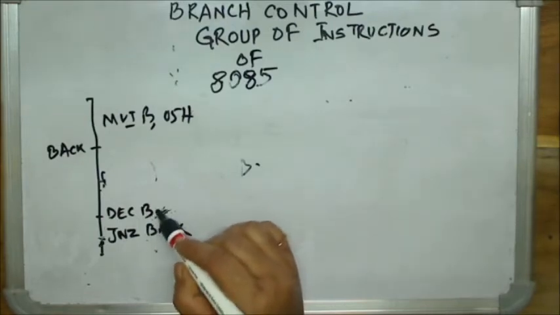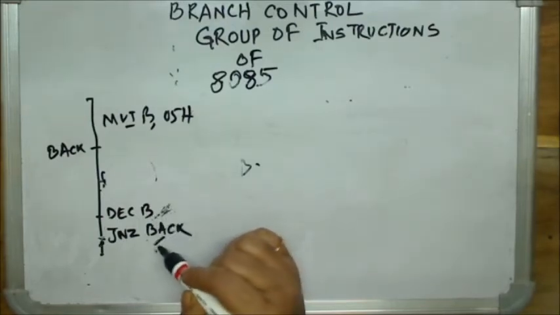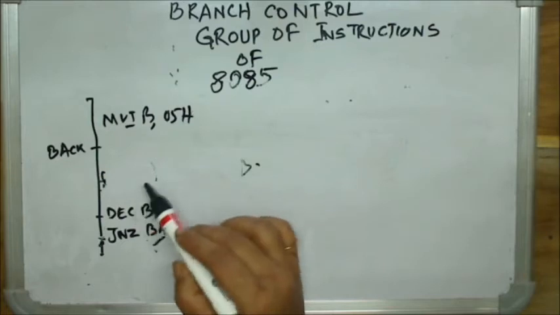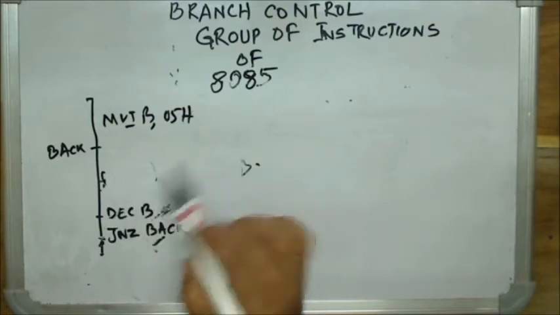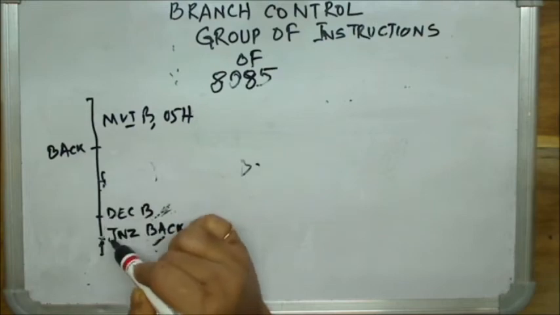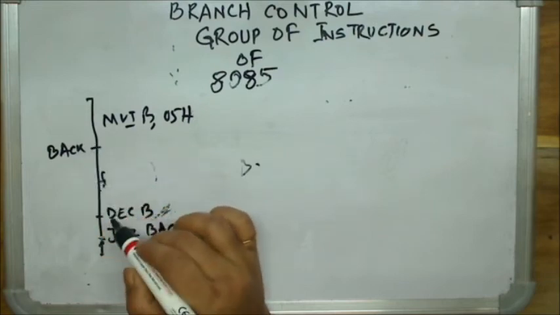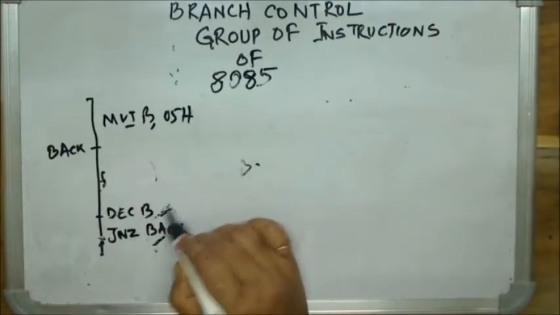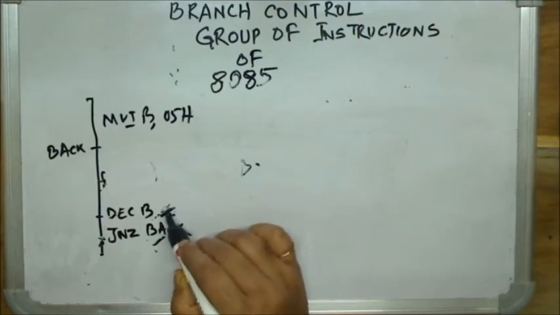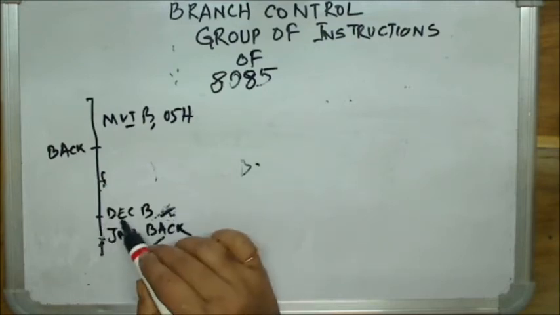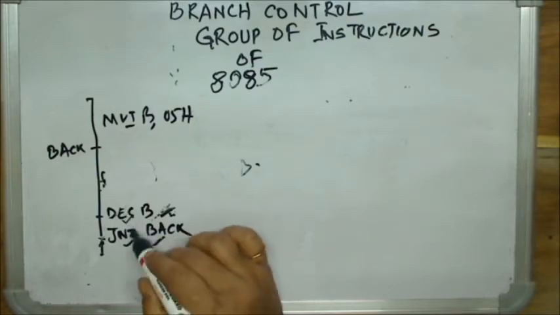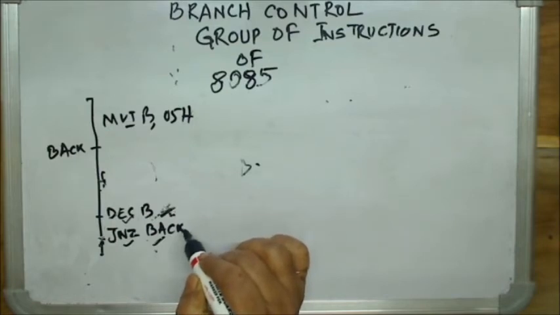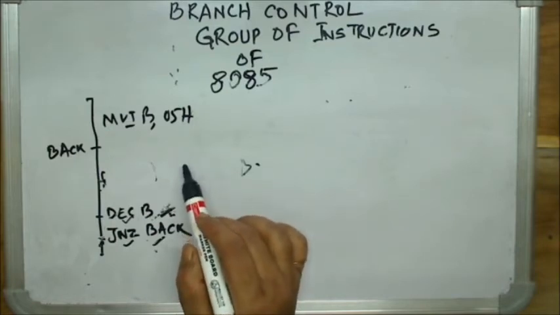Don't put any instruction in between decrementing the count and the conditional jump. If you want to write DECB in the middle, you can, but in between this DECB and JNZ there should not be any arithmetic or logical operation. To avoid this mess, it is better to write DECB at the end of the loop, and ideally not put any other instruction between DECB and the conditional jump. Otherwise the loop will give you a random result.